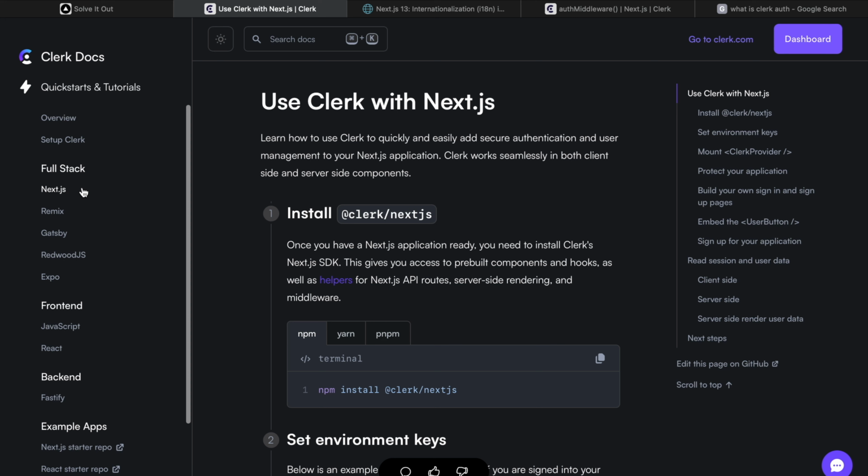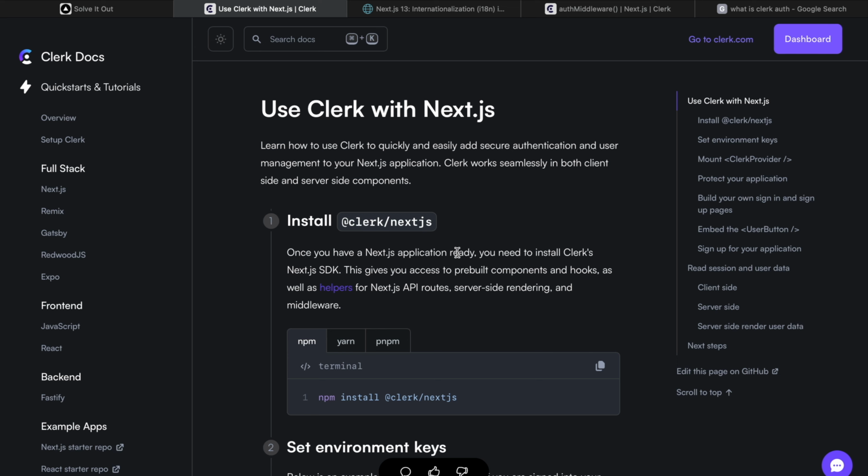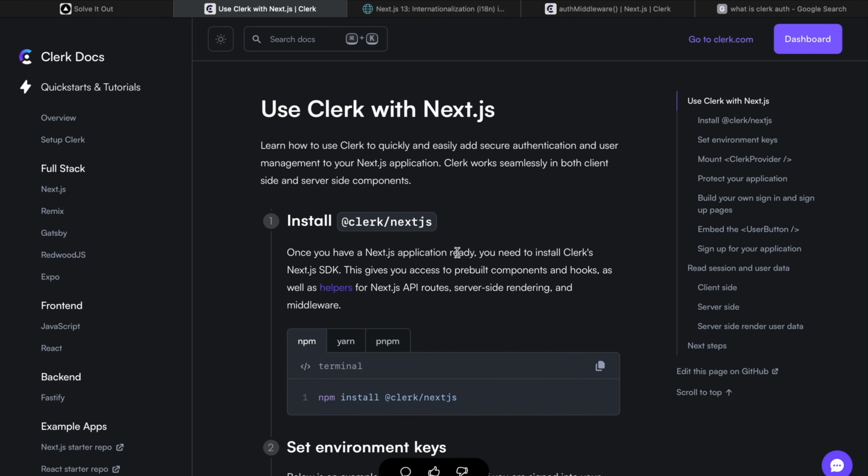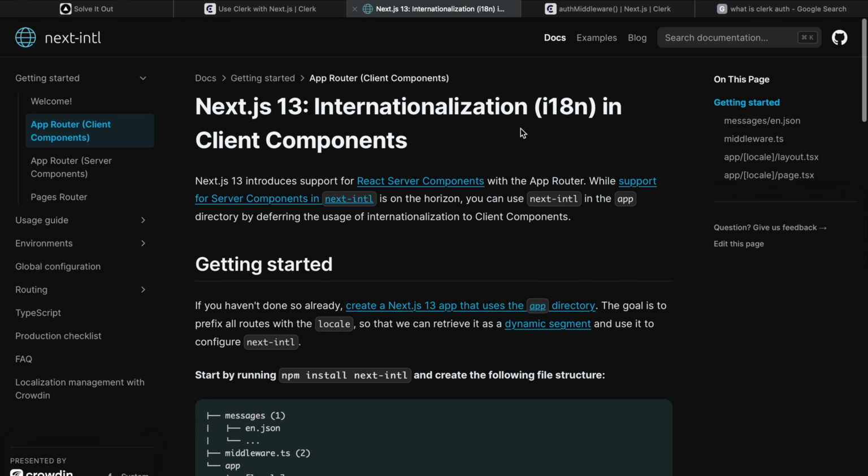Here you can see this is the Clerk docs where it can be used with Next.js, Remix, Gatsby, Redwood.js, Expo. In fact, Clerk is the easiest way where you can just remove the hassle of every authentication and apply it in a very convenient way. Along with that, I'm going to do Next.js i18n. This is a very important part as